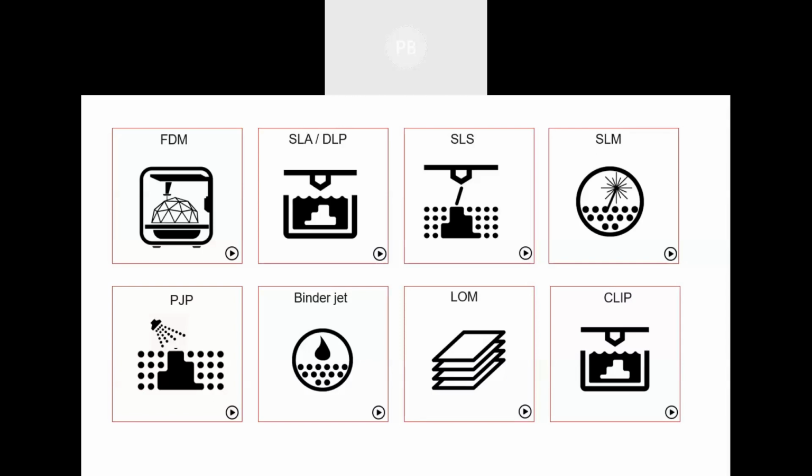CLIP is a very old form of printing, which has now been converted into SLA printing. CLIP is one of the oldest technologies, but now the advanced technology is SLA, which is similar to CLIP, a DLP-based technology, where we use digital light processing, which is now the advanced form of CLIP. In CLIP, we were using LED lights. Not only LED, it is a certain kind of projector, you can say, where it projects each layer and that projected layer gets solidified. It's a normal projector principle. So we will see a video for each of the technologies.